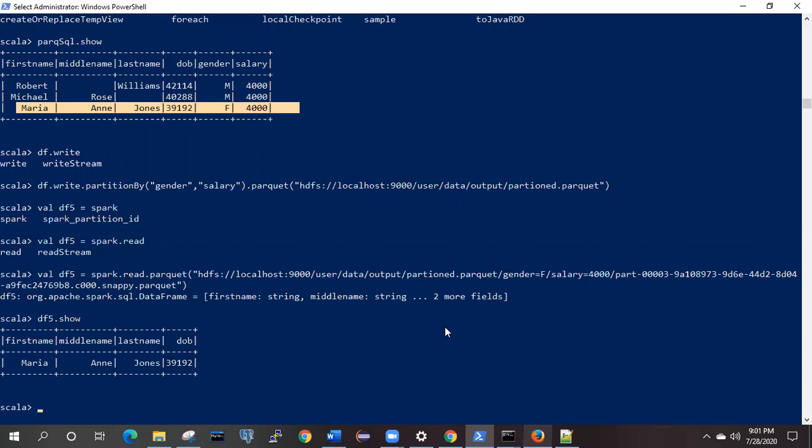So this is how we can read and write the data in the Parquet format with partitioning conditions, by making use of Spark SQL and creating the temporary view of the particular data frame.